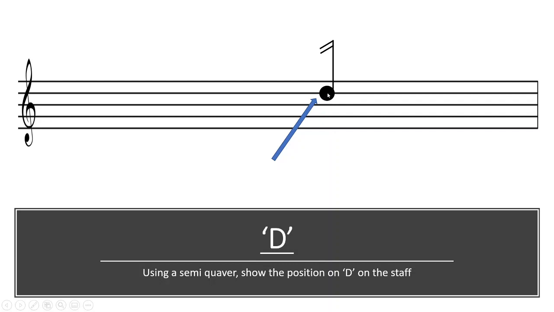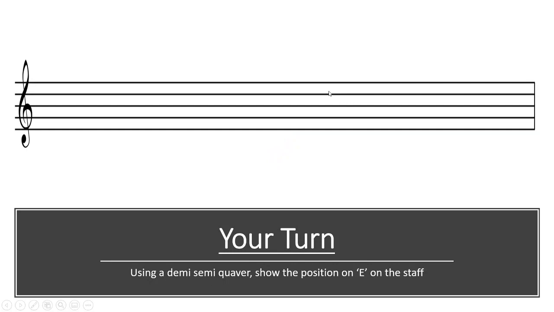This is a thing for me. Because if I was drawing a note up here, instead of having a big massive stem going all the way down, I would rather a shorter stem. And it just keeps it nice and neat and tidy. You've not got big thick lines everywhere and it's just confusing you. So there's my semi-quaver on D. So I had G, A, B, C, D. There it is there. And you can see potentially a pattern forming here. Alright. Using a demi-semi-quaver,